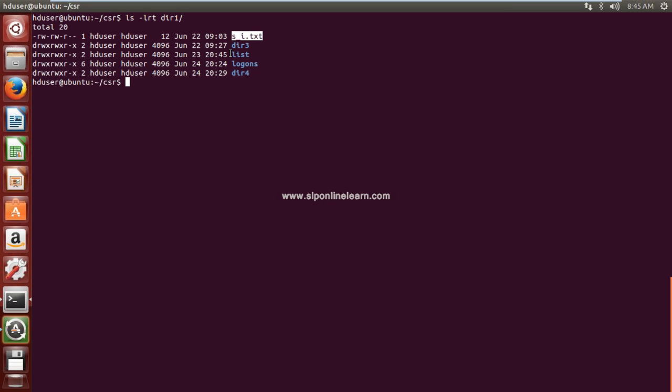So this is the move command. What is the difference between the copy command and the move command? Both commands require two parameters. The similarity is that both commands require two parameters. But the difference is the copy command will create a new copy in the destination. So in the source the file exists, and in the target area it will create a new copy.